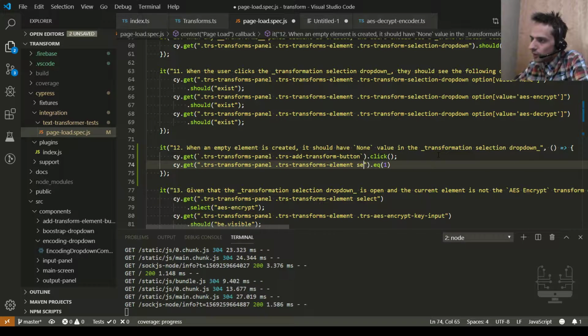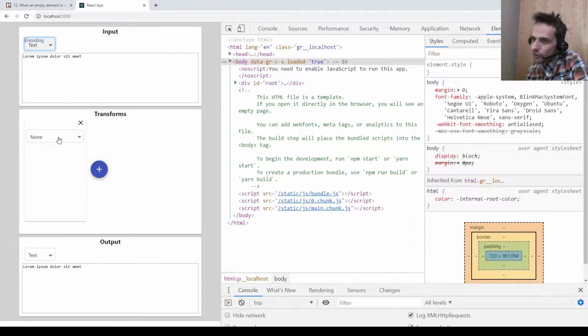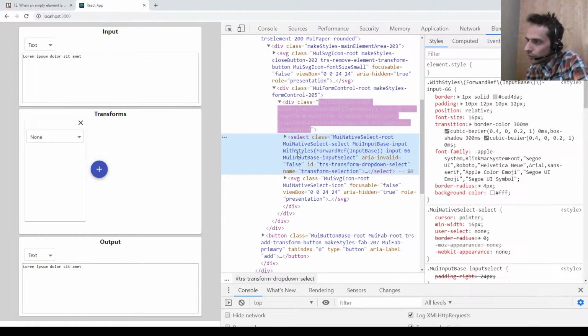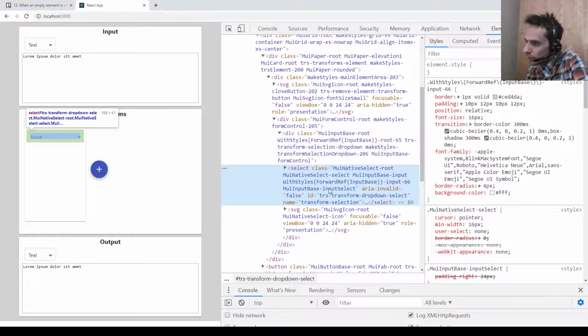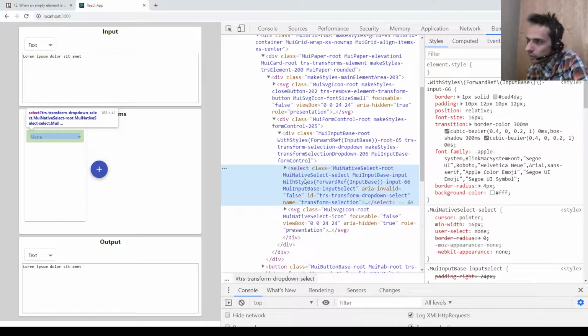So we need to get the select element of it actually, because TRS transforms element will not be pointing to the select element which actually has the value. I mean, you can see here select, right? And this is our transform which actually has these different values: none, AES encrypt, AES decrypt.